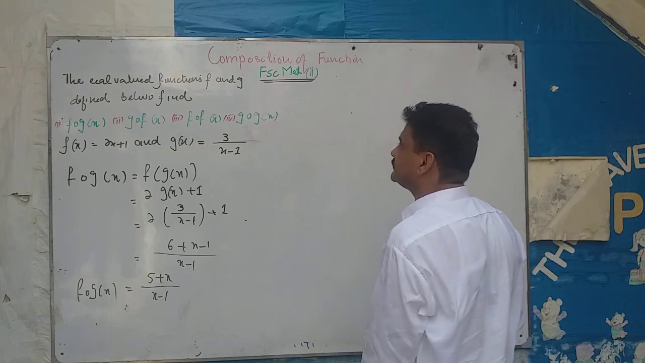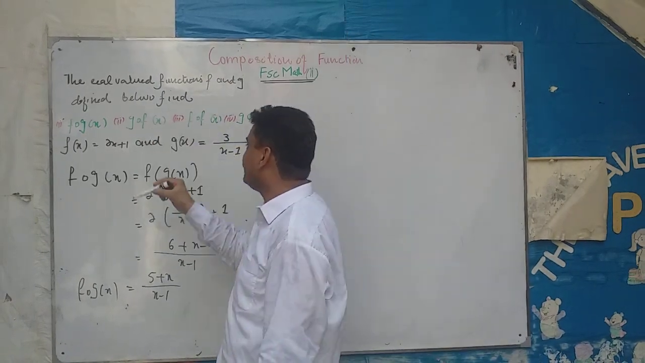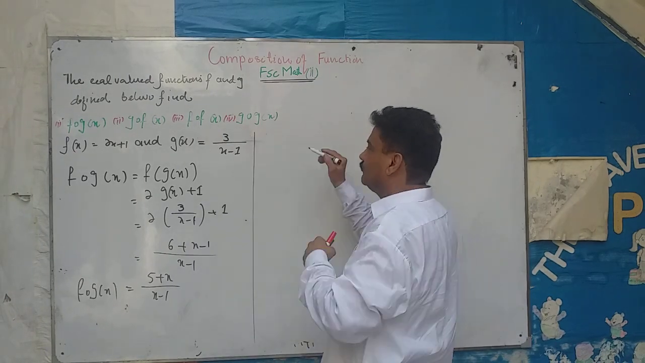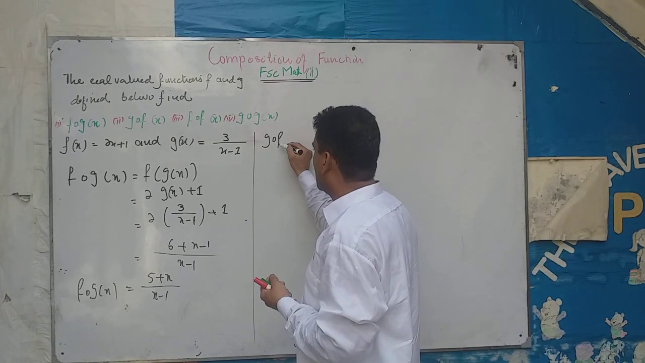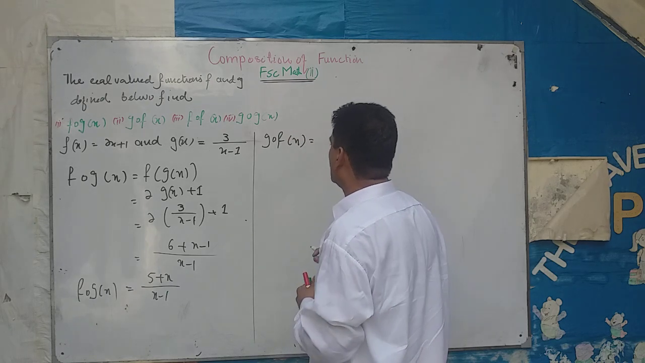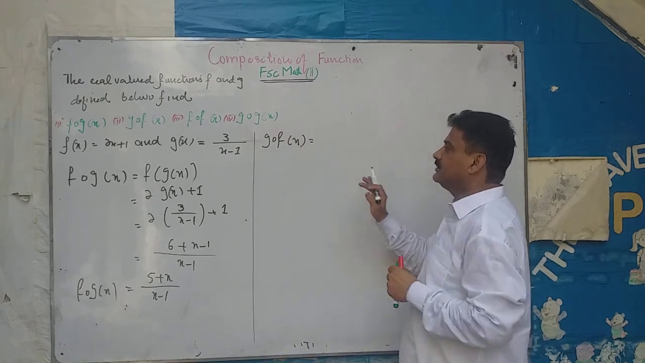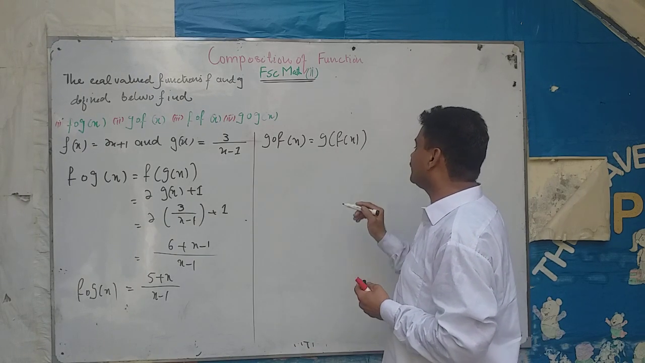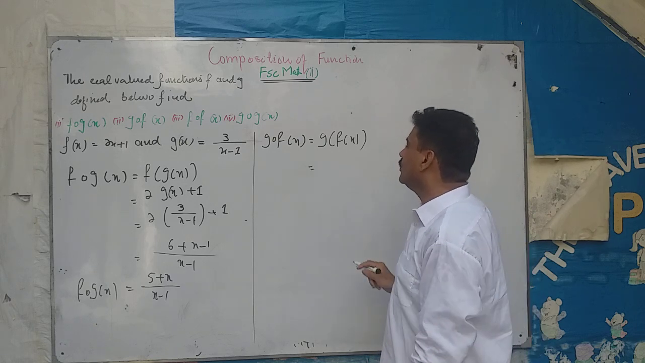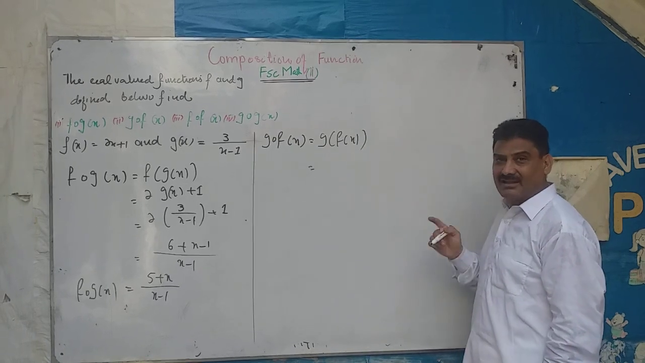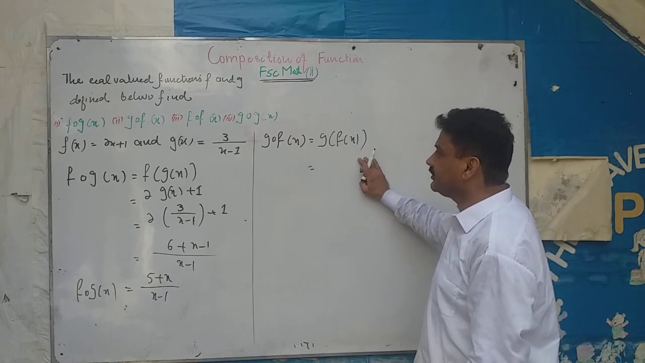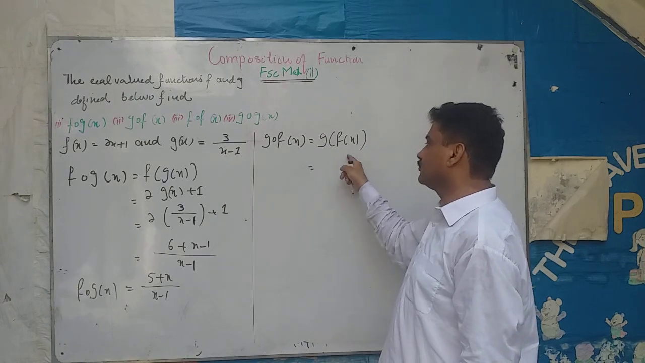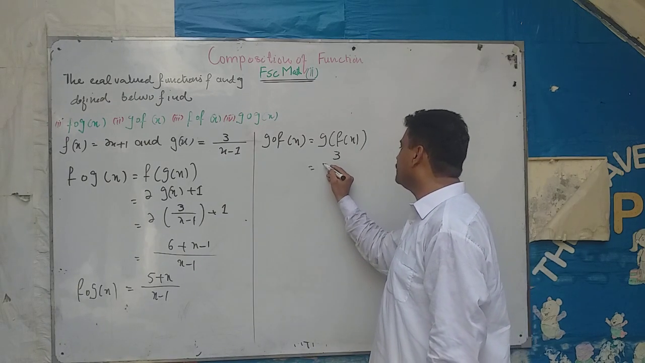We will calculate g of f of x. The value of g of f of x. We write g of f of x. Before calculating g of f of x, we will write it in this way. We now replace x by f of x in function g. Where is g? The g function is given. We just replace this x by f of x. So we write 3 by